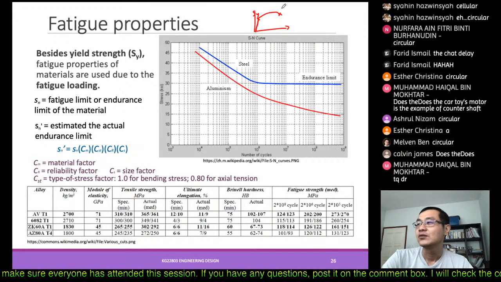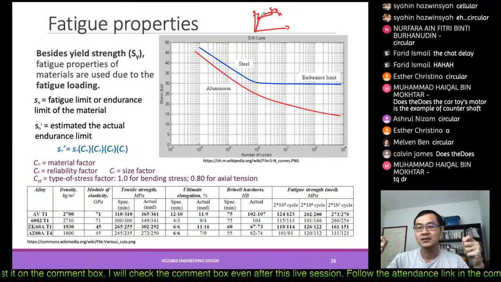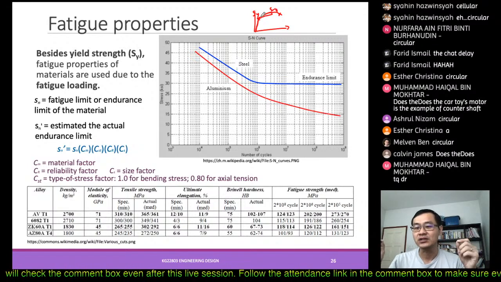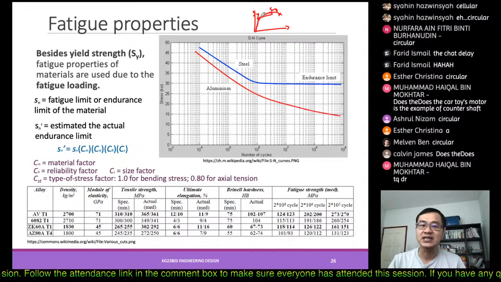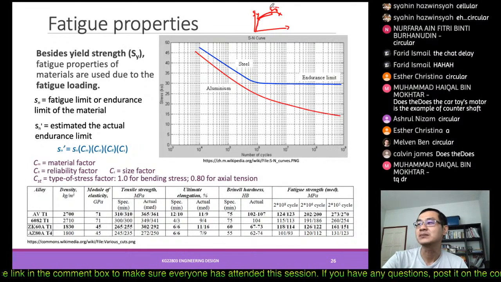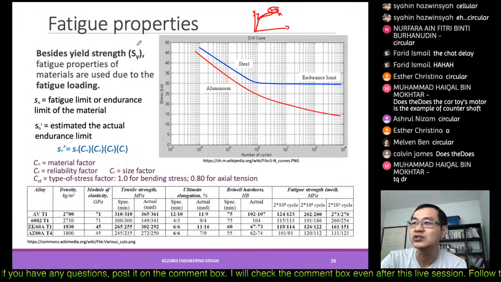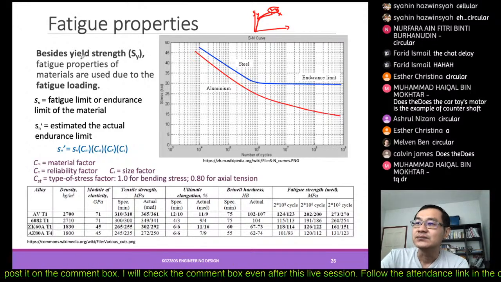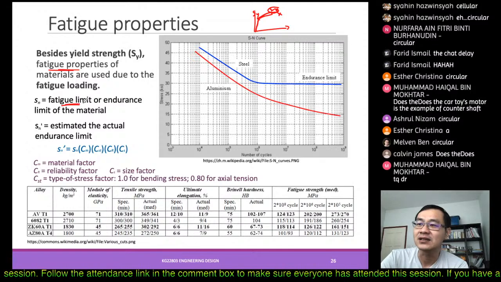When it reaches the maximum, this is the ultimate strength. What happens in between is that when we pull it and release the load, it will not come back to the original state. It will still be able to sustain a load, until a maximum we call the ultimate strength. So for static loading, we have similar descriptions. For fatigue loading itself, we look into what we call the fatigue property, or fatigue limit, how many